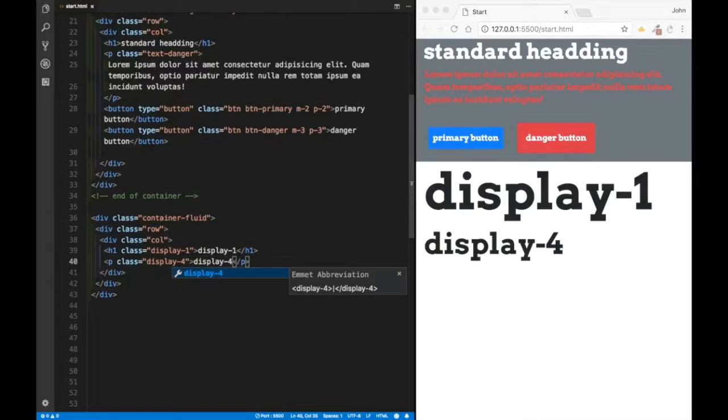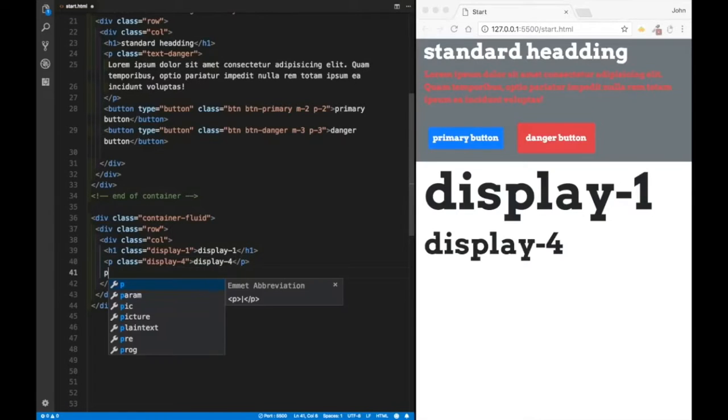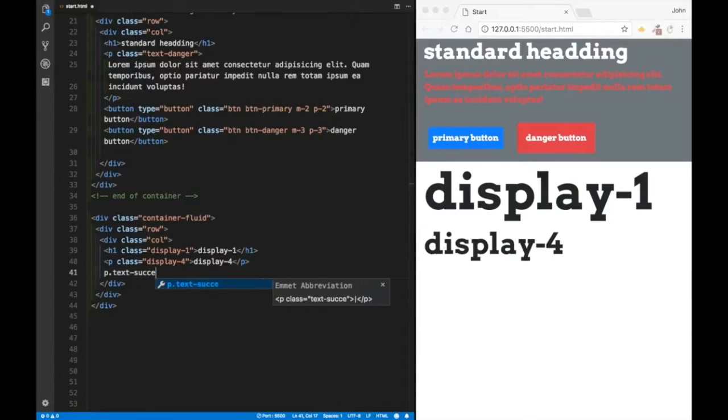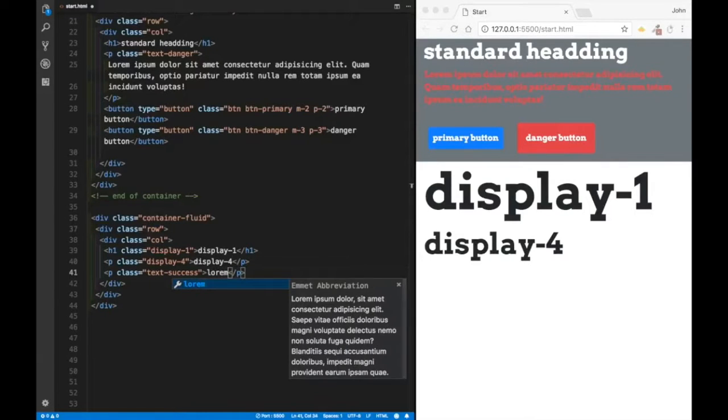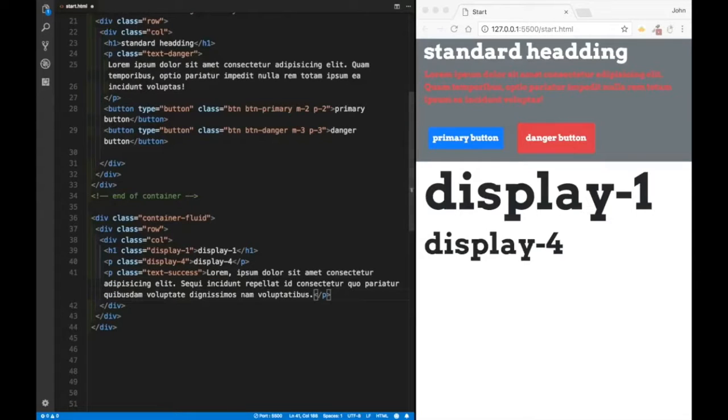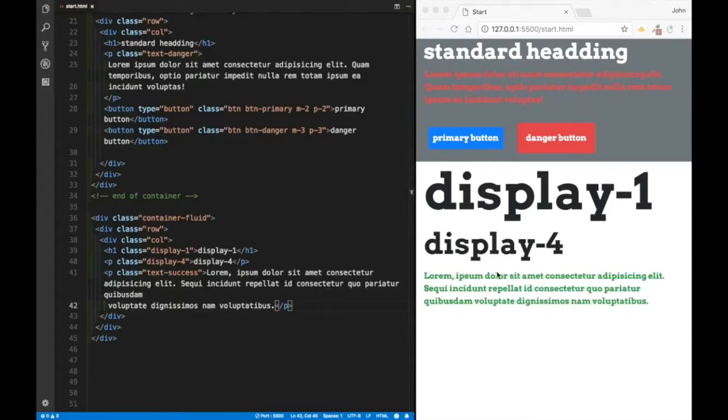After display, now let's look at how we can work with paragraphs. So let's create another paragraph, and over here for this paragraph, let's say that first we would want a text of success. So what's happening is now we want not text danger, which would be a red text. We actually would want a text success, which is going to make this paragraph green. And over here, we're going to write again lorem 20, which is going to create a dummy text of 20 words. And sure enough, over here, now we have a text that is actually green color